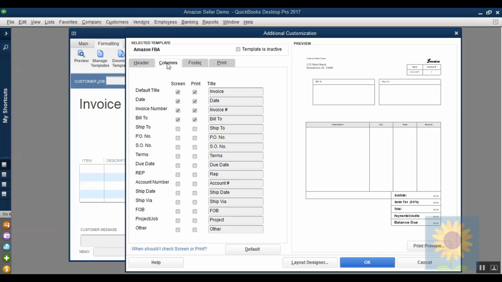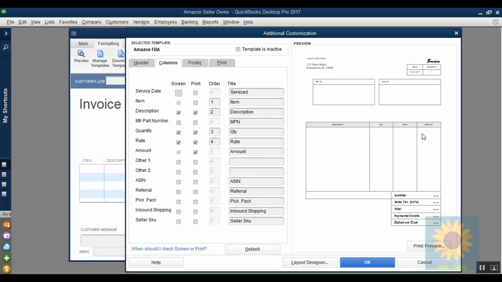Now, the columns are what's going to show up here. So the description, the quantity, the rate, and the amount. So depending on how you want it to look and what information you want to put in each time, then you can tell it that. So I like to put my quantity in first. So I'm going to put 1 here. And then I like to have my item, my description, and really the rate is the